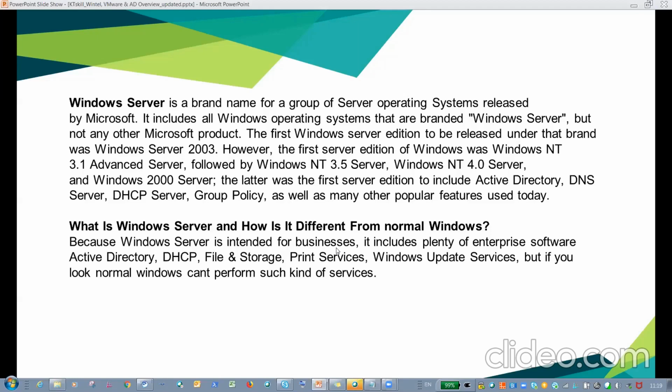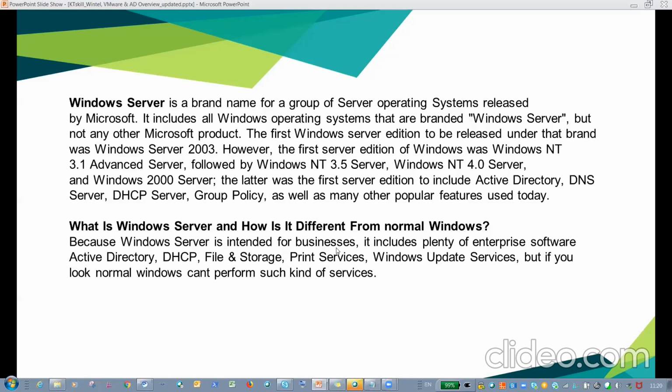If we have the knowledge of Wintel and not VMware and AD, it's a challenge for you in the market. If these things are correlated and you have the knowledge of these things, then it will be very easy to understand the authentication process and the other things, how Windows Server is established and deployed on the ESX VMware. So it will be very easy to understand these things in a single course.